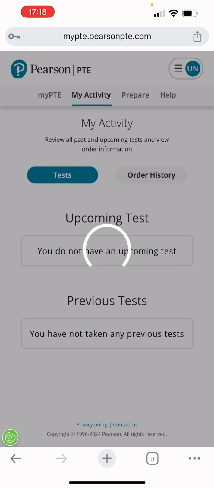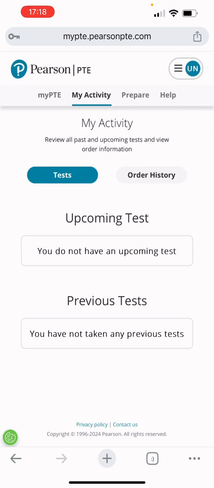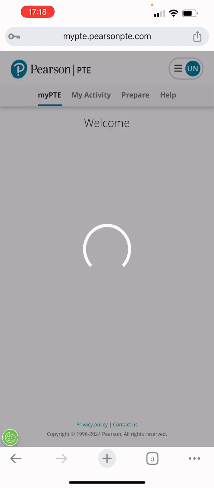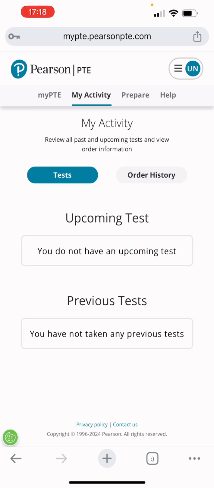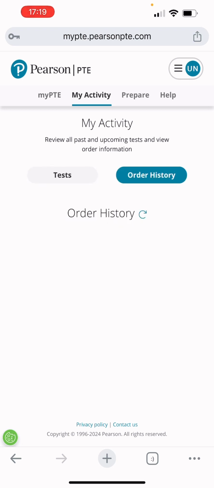You see my activity. So all these are in your account, the account you've opened. So we are done with the PTE. This is your dashboard. Once you've completed, then you have this my activity, upcoming test. You do not have any upcoming test. So once you've successfully booked a test, it will appear here. You can always see even the previous, just as is in your account, other English testing accounts like the IELTS or the OET. You can always see the test. You see, then order history. If you've made any order,